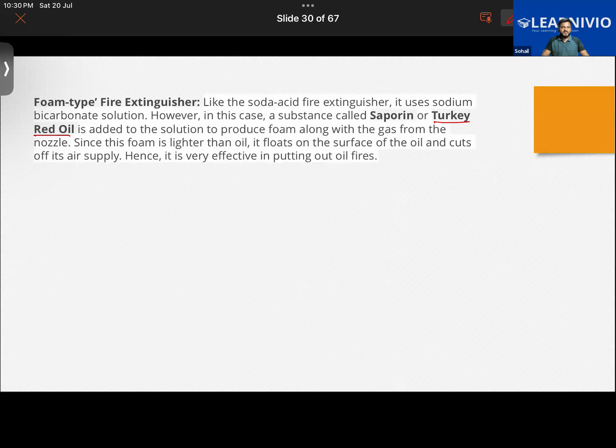And foam, as we know, is lighter than the oil. Which one is lighter, oil or foam? Of course, foam is lighter than oil, no? So foam being lighter, it will float on the oil. Hence, it will be much more effective in the case when the cause of fire is a liquid fuel, like petrol or diesel or kerosene, so thereby this foam